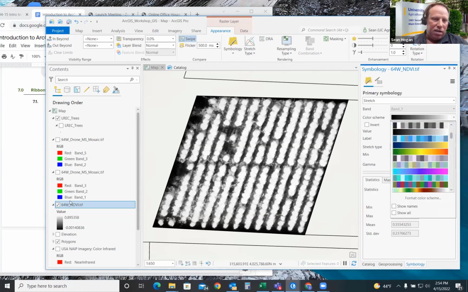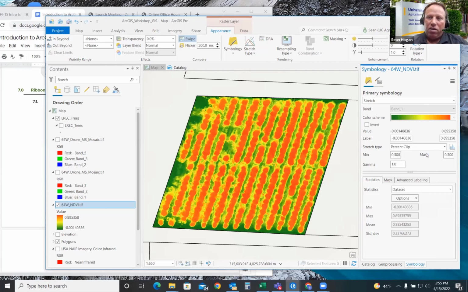red. So again, if you click on the NDVI symbology, then come over here underneath the drop down of the color scheme, find the green to red. I don't know about you, but I see a problem here. And this problem is that now it's the opposite of what the mind would think would be right.